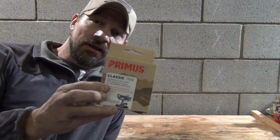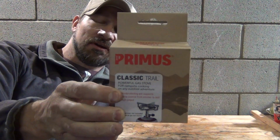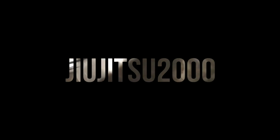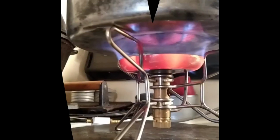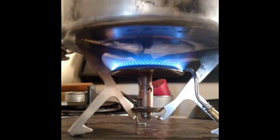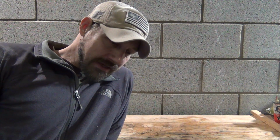Today I want to talk about a backpacking stove. This is the Primus Classic Trail. Now this says it's a powerful gas stove. It includes a trail burner and a mesh bag. They say that this thing weighs 8 ounces,